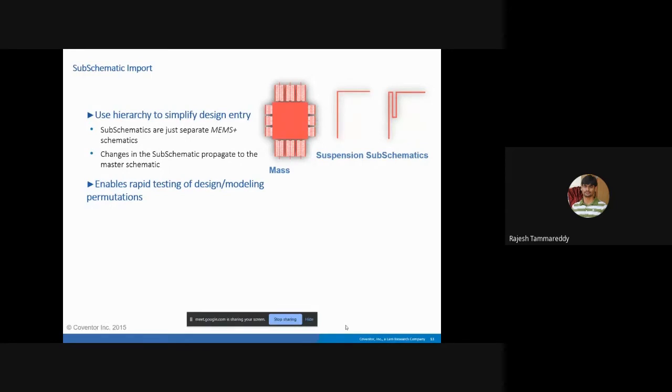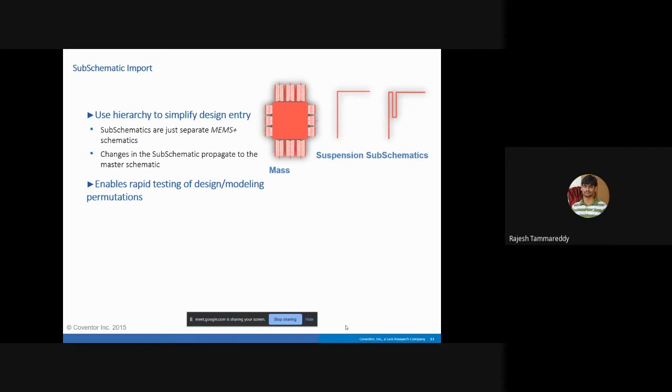So in MEMS Plus, you also have an option called subschematic. So what is a subschematic? If anybody works on layout, you can understand easily, 2D layouts or mask making. Generally, you can create multiple cells of geometry, and you can refer each cell into another cell as a hierarchy, right? So similarly here also, you can create multiple schematics.